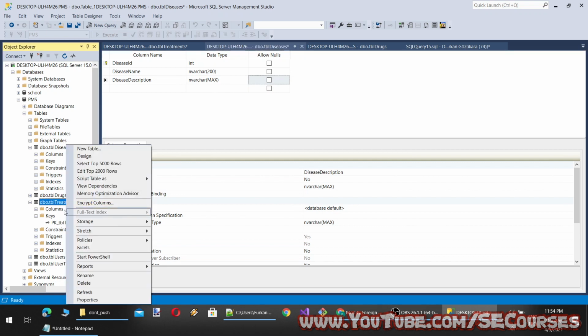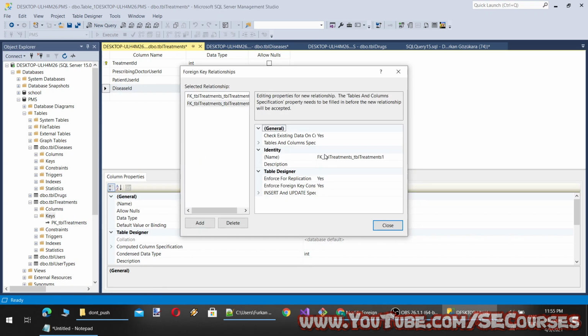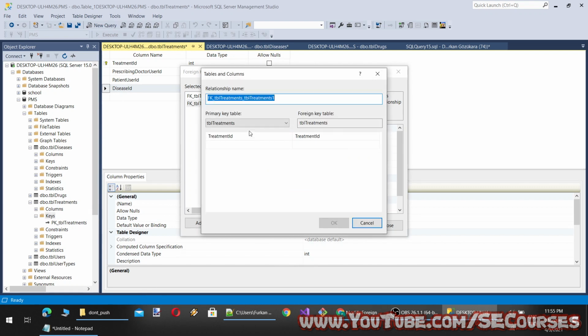Okay, one moment. Okay, so the primary key will be disease ID and foreign key will be disease ID in our treatments table.